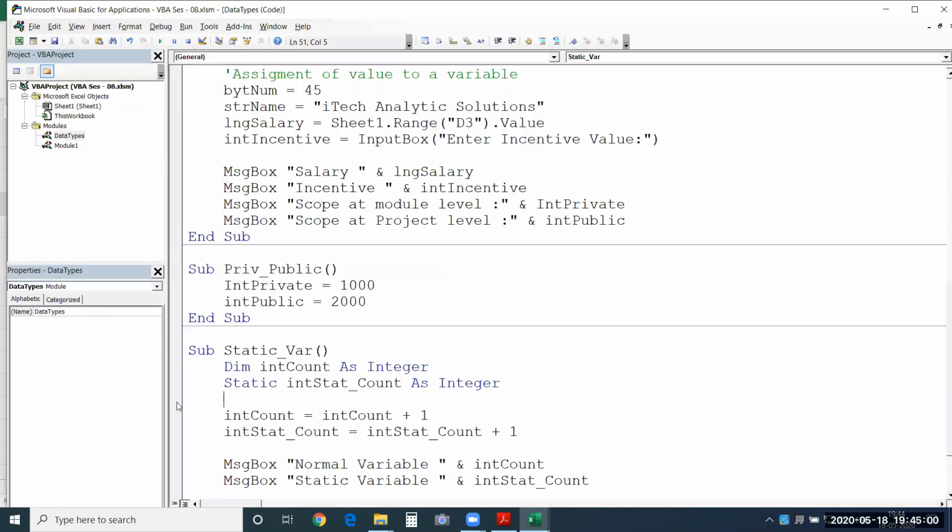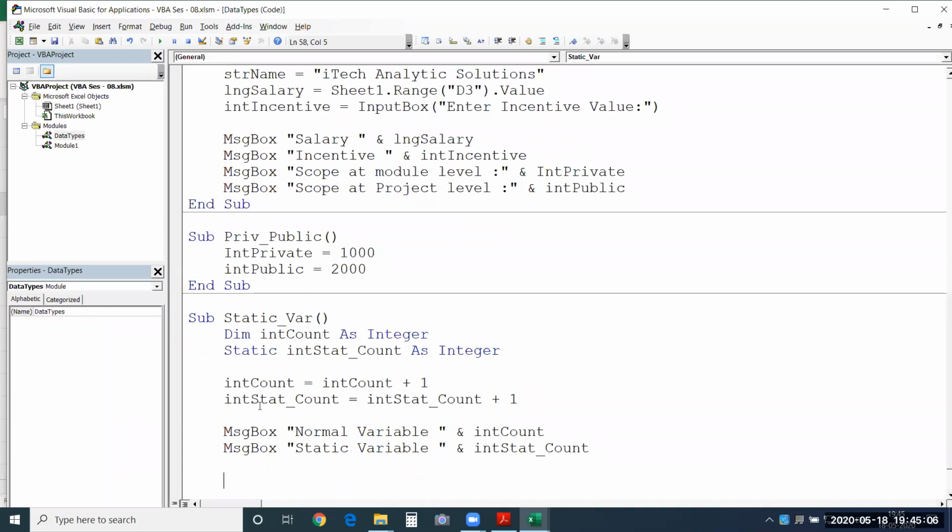So it means the static variable will be storing values until you close this file. However many times you run this macro, it will keep count of it. It will give you the count of how many times you have run the macro. But that's not the same with your normal variable. The value stored in it will vanish once the program is executed, so it will be cleaned.